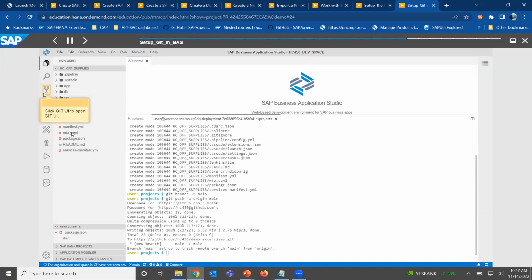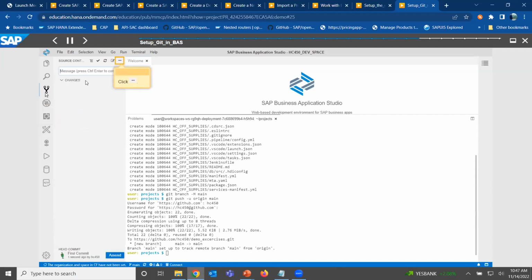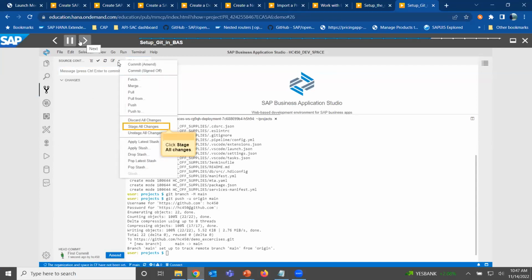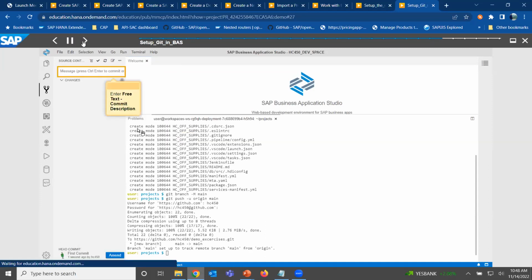So for the UI options, we click this Git UI. Right now in this, if any file was changed and not staged, it will appear here. All the changes will appear in this area. All those changes can be staged using the stage all changes option. Right now there are no changes to stage. So once you stage it, all those files will appear above the changes section, and you will be asked to enter a message to commit, and you can then click on this commit button to commit.